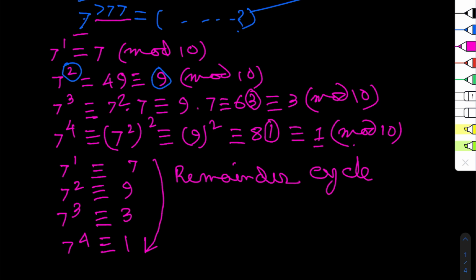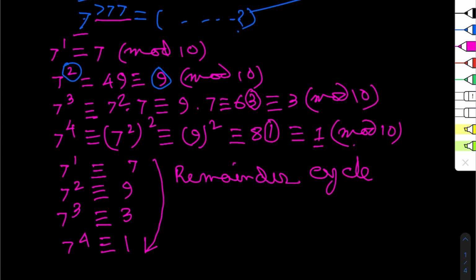These are the various remainders of the numbers 7 to the power 1, 7 to the power 2, 7 to the power 3, and 7 to the power 4. When the numbers 7 to the power 1 to 7 to the power 4 are all divided by 10, they give 7, 9, 3, 1 as the remainders, and the only remainders are 7, 9, 3, 1, because